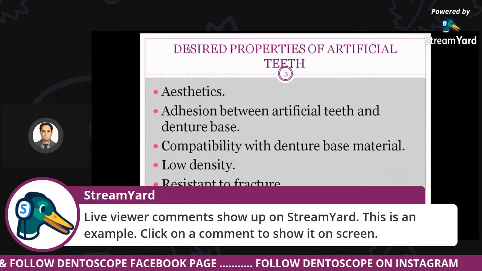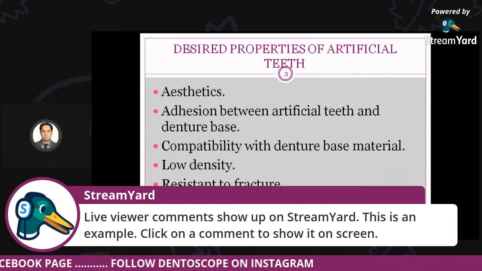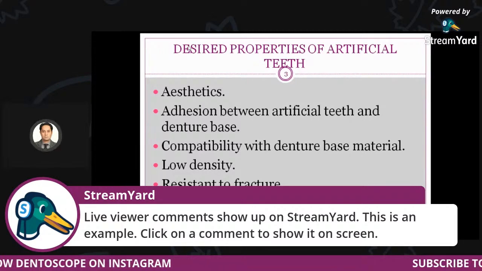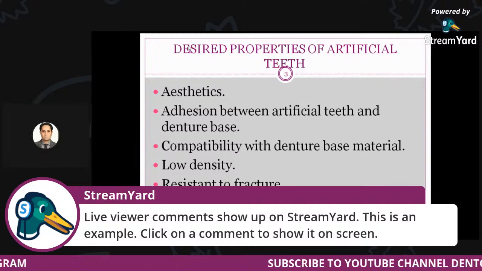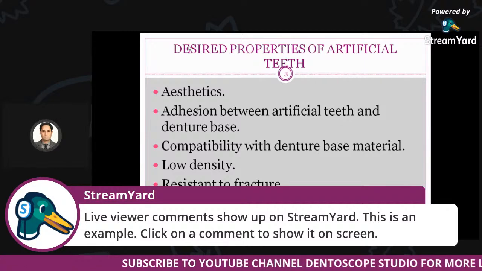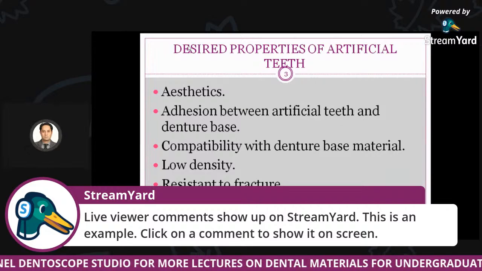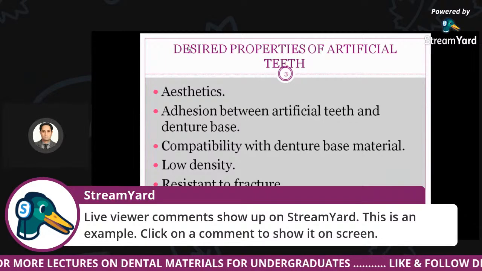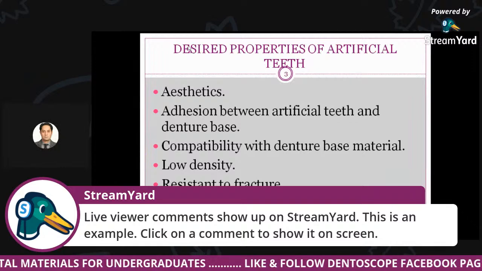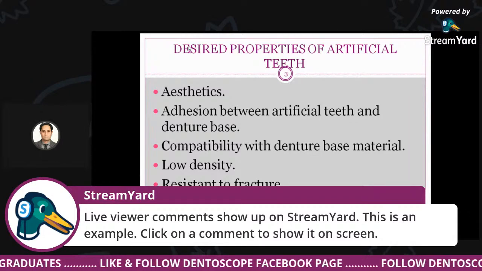Then the compatibility with the denture base material. Well, the denture base material is basically the polymethyl methacrylate, which is acrylic. So even if it is acrylic artificial teeth or the porcelain one, they should be compatible with the denture base material. Then it should have a low density. It means that